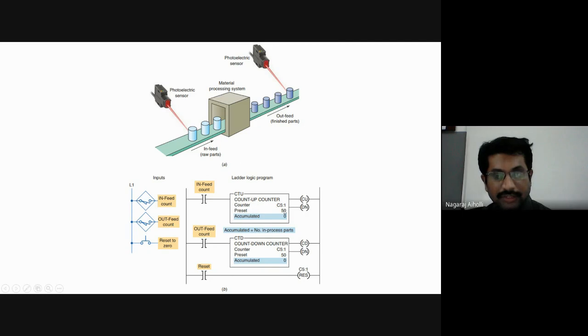Once the accumulated value in both the up counter and down counter reaches 50, the done bit will be activated. As the done bit is activated, the count value is reset to 0 by the reset instruction, and it will start from the beginning for the next round of counting operation.